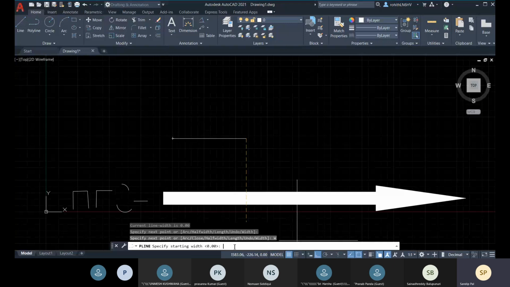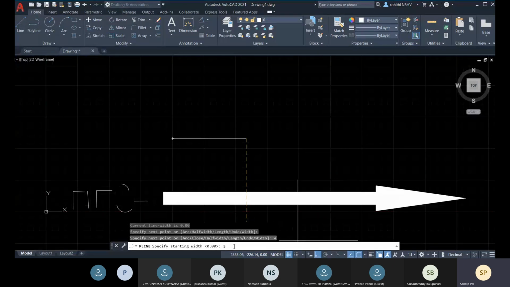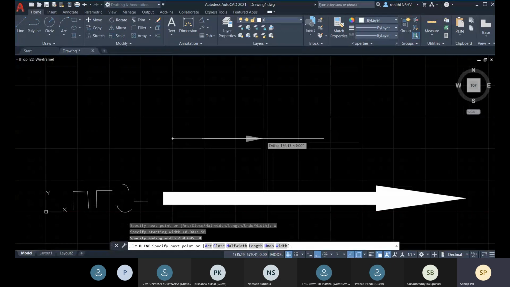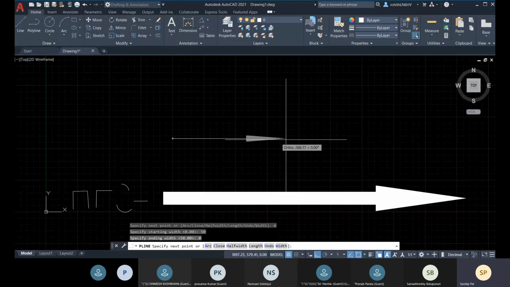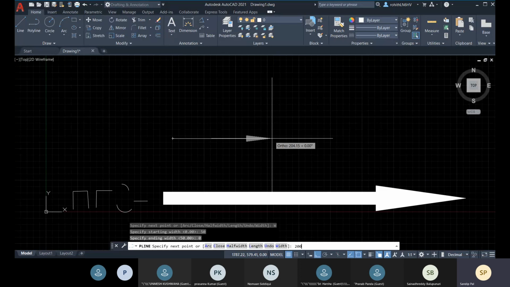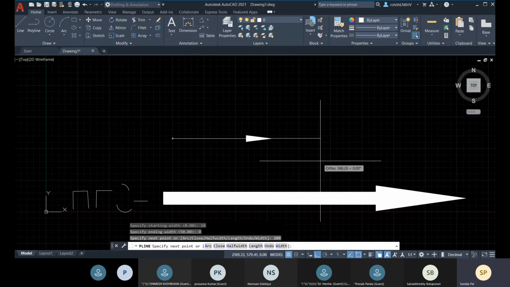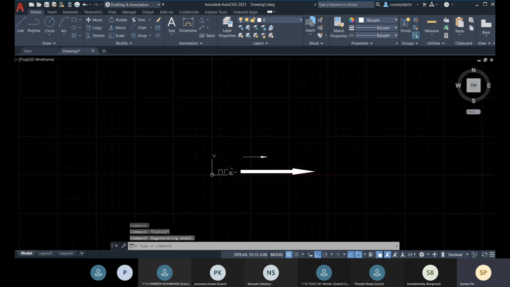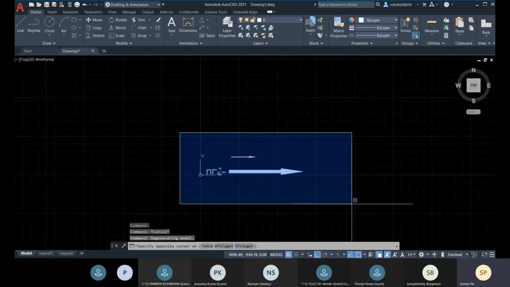So let's go with half width, and then you mention the start width, let's go for 50 and the end width 0, enter. And then you mention the length of your segment. So let's specify 200 and enter. And here you have an arrow. So this is one single element. Okay, so this is about your polyline.